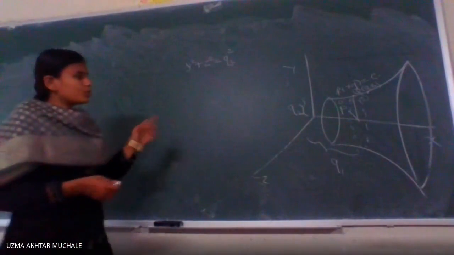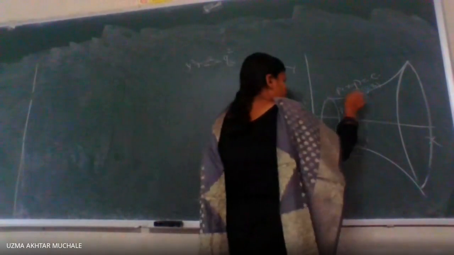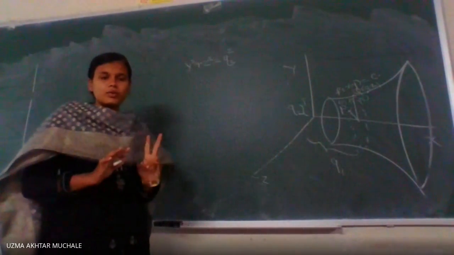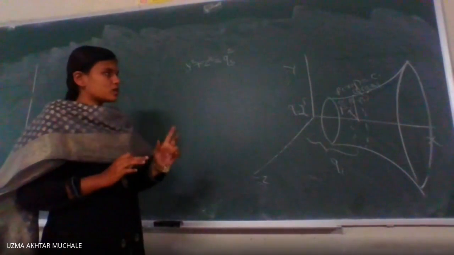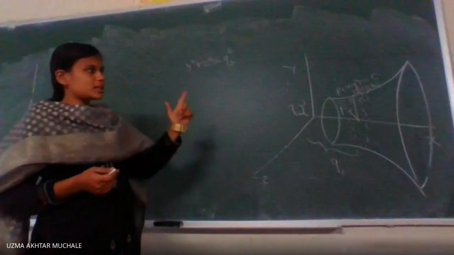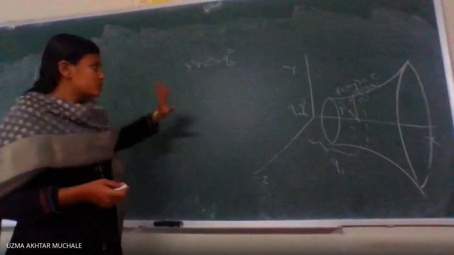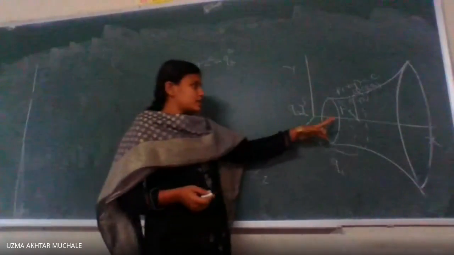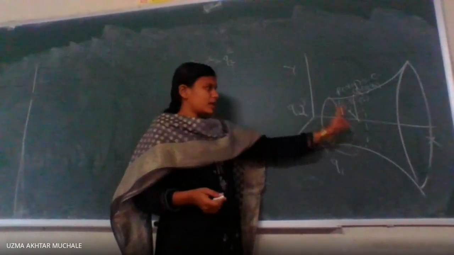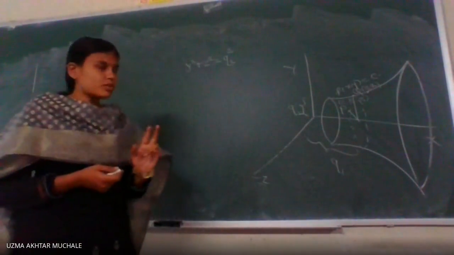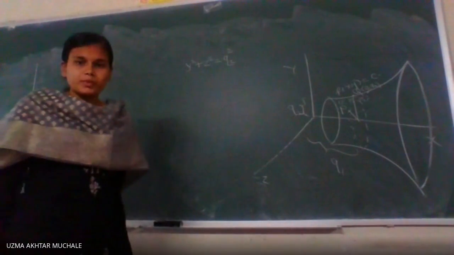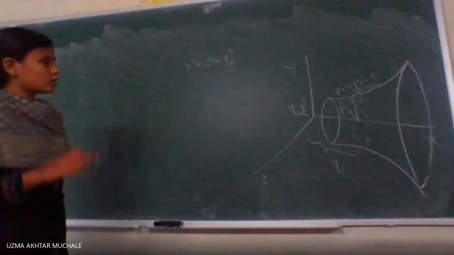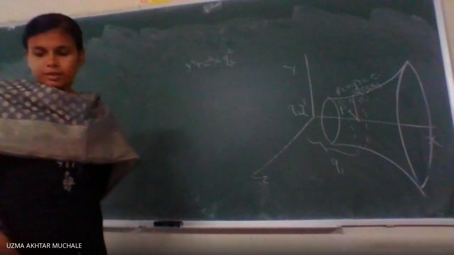What is Q2? Q2 is the y coordinate of a point on the curve, right? Initially we only know the equation of the curve. What is the equation of the curve? It is in terms of x and y. So here we get y square plus z square is equal to Q2 square. Why is it Q2 square? Because it is the radius of this circle, whatever sweeps out is Q2. Okay, radius of this.